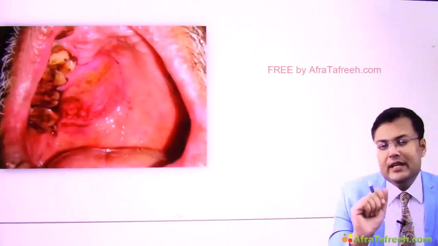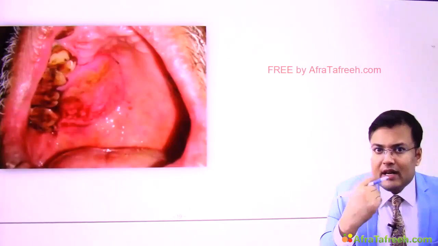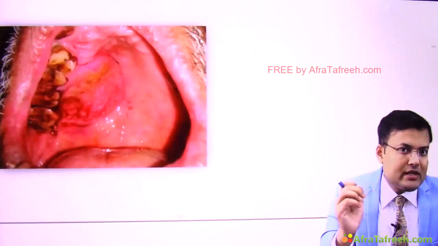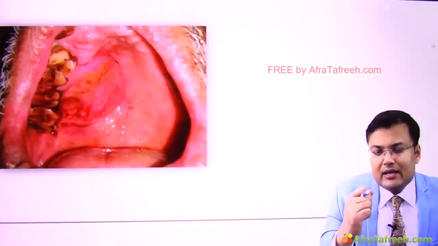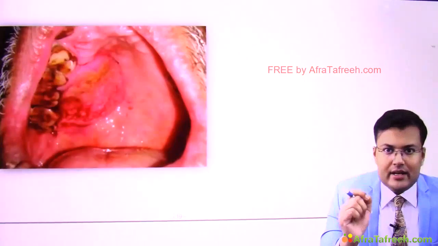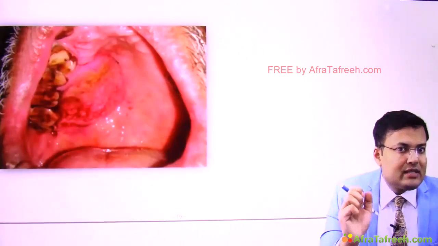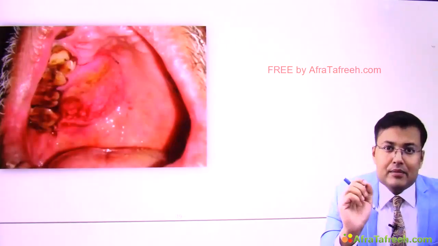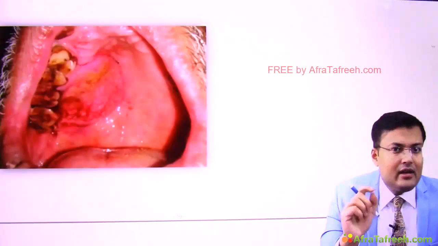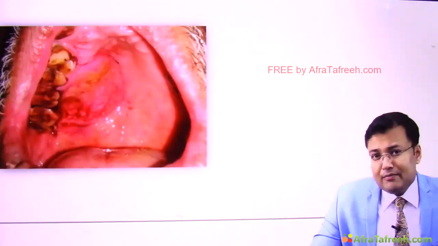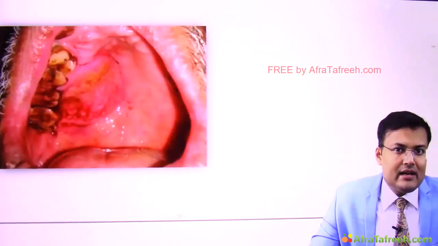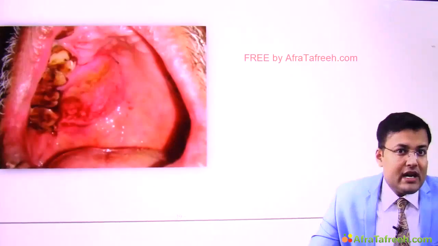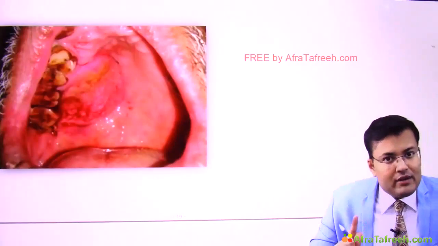Now see, there is some variation. We discussed that in oral cavity, what is the most common type of malignancy? Histological type, it is squamous cell carcinoma. But in hard palate, squamous cell carcinoma is rare. Hard palate contains minor salivary gland. So in majority of cases, the malignancy is arising from minor salivary gland. Clear? And what is the most common type of malignancy seen in minor salivary gland? Adenoid cystic carcinoma. So in majority of cases, you will find what? Adenoid cystic carcinoma. One variation.